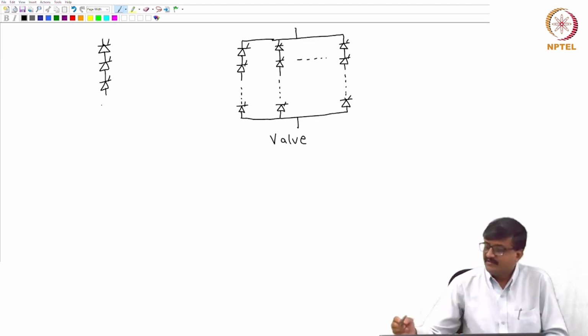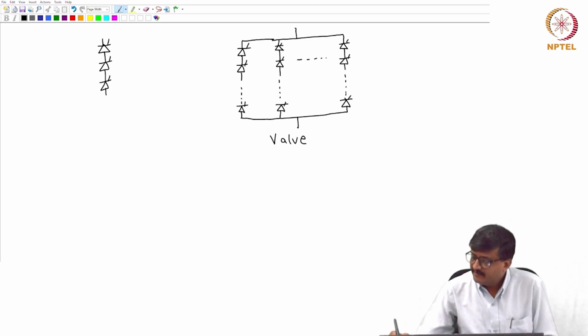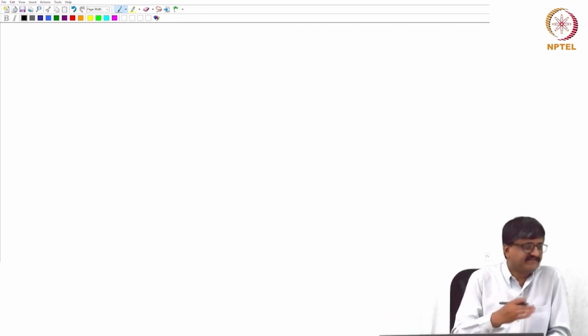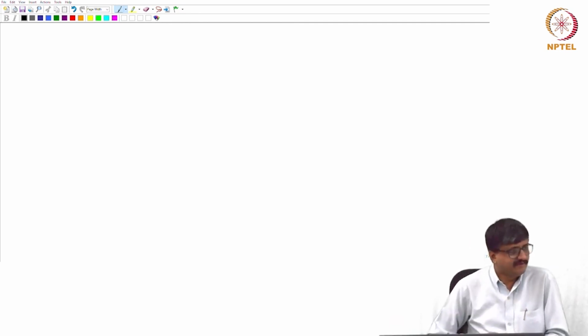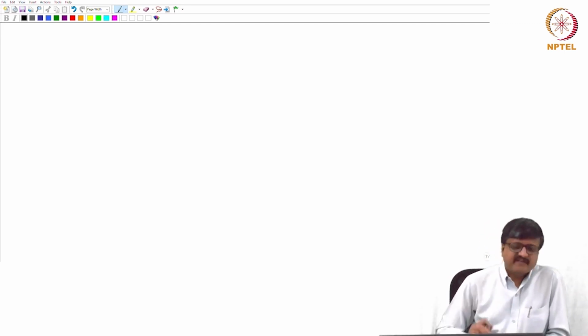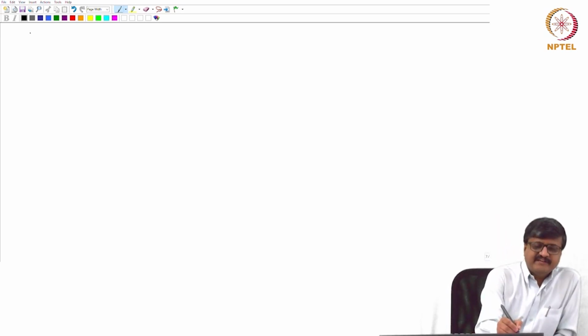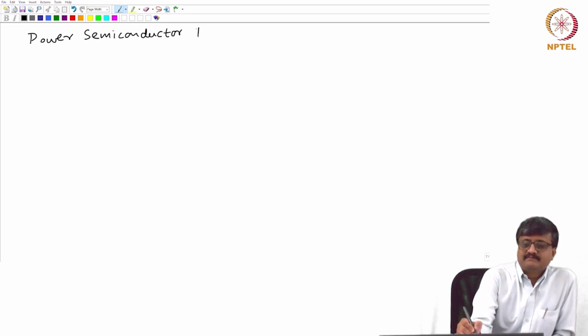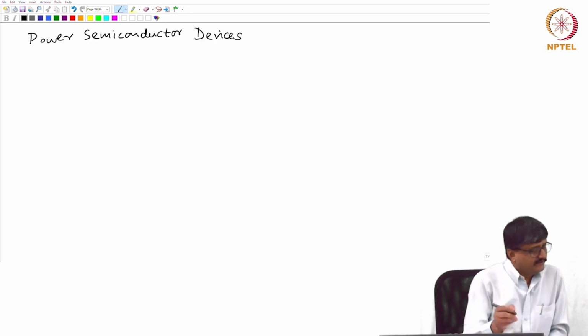Okay. So for the sake of stating all these assumptions in the beginning, I will not be repeating them every time. When we do the analysis, these assumptions are implied. First of all, there are three categories of power semiconductor devices. If you look at power semiconductor devices, there are three categories. One is